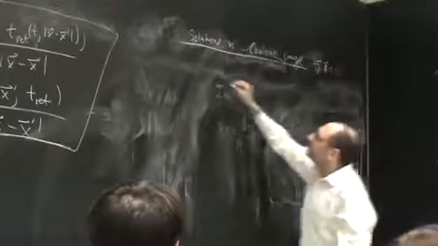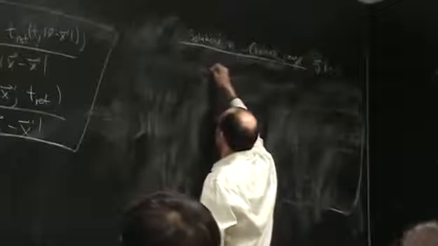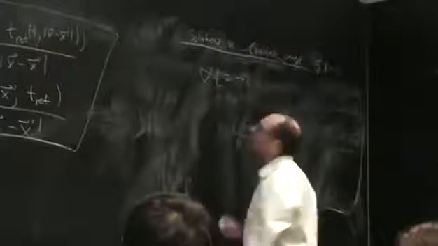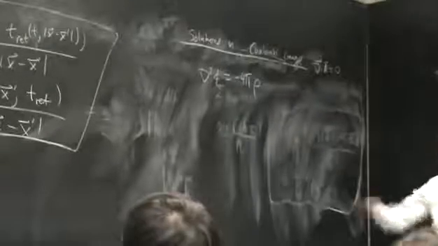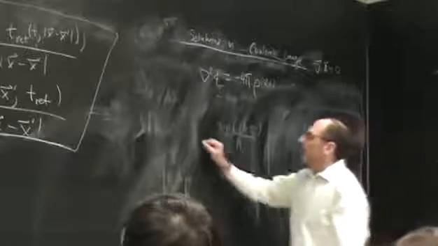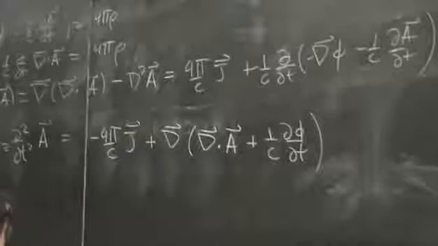So we get del squared phi is minus 4 pi rho at x. And what about the vector potential? Del dot A is 0 here. So I get